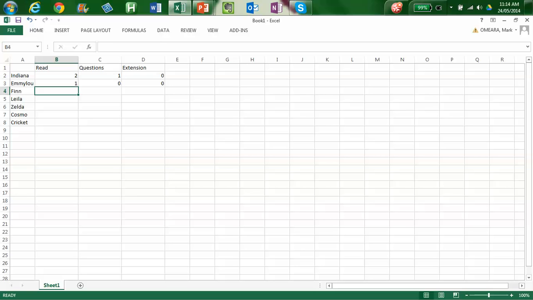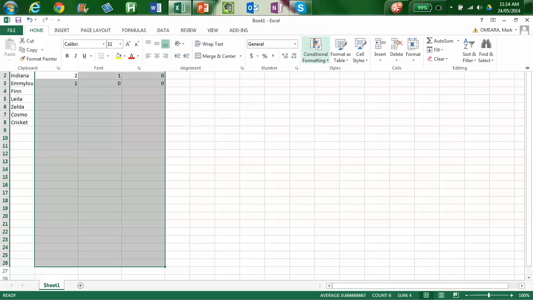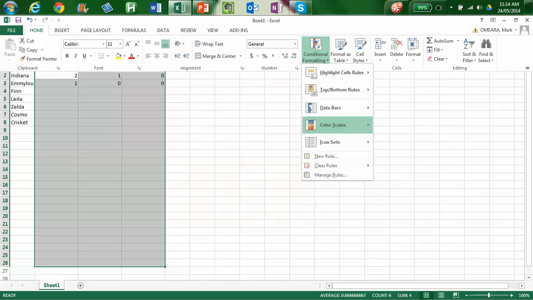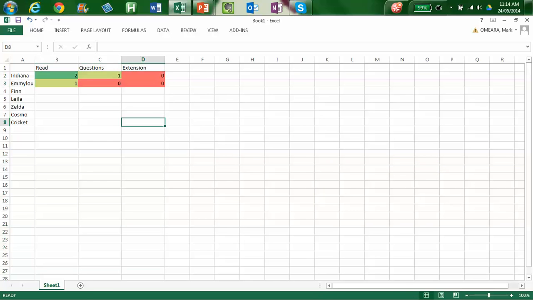But here's what I'm going to do a bit differently. I'm going to grab that bunch of cells and I'm going to go down a bit in case I have more people in my class. I'm going up to Home, Conditional Formatting, Colour Scales, and I just use the first one. And as you can see, they have now gone different colours depending on what their scores are. This only works with numbers,